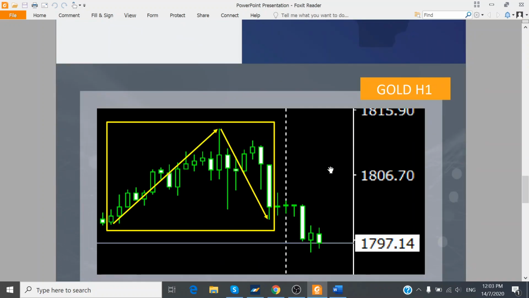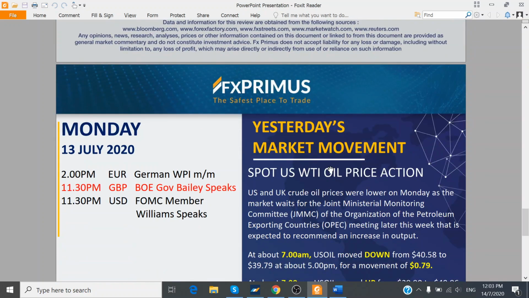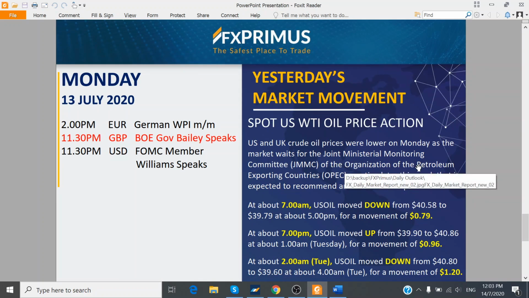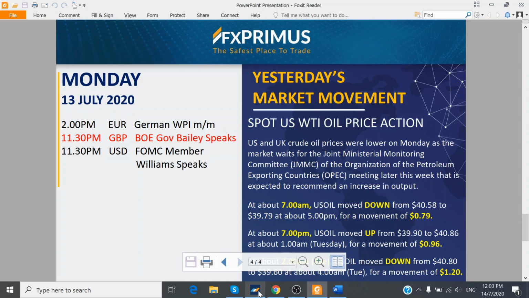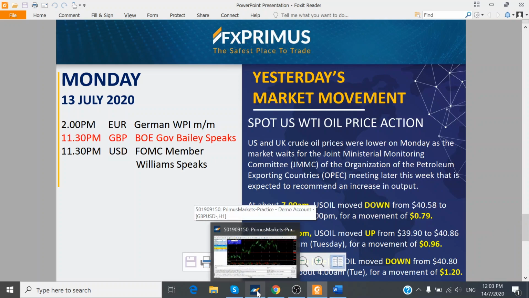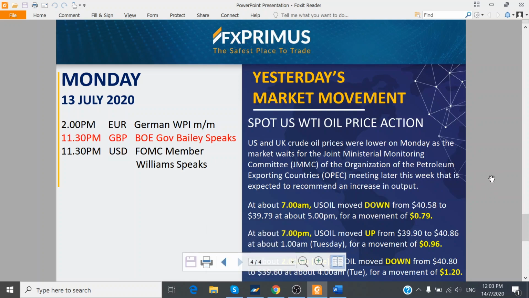Of course, the fourth page of the market outlook will be on oil prices, in particular the US West Texas spot price. So yesterday was a big drop down. Again, I'm not particularly sure at the moment what caused the oil prices and silver prices to spike down. However, in terms of the economic data, OPEC will be having a meeting later this week on Tuesday or Thursday,